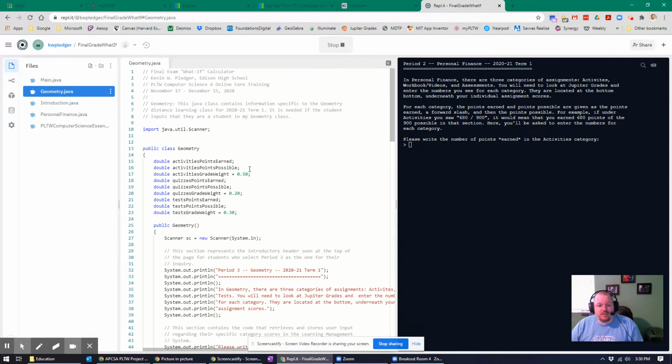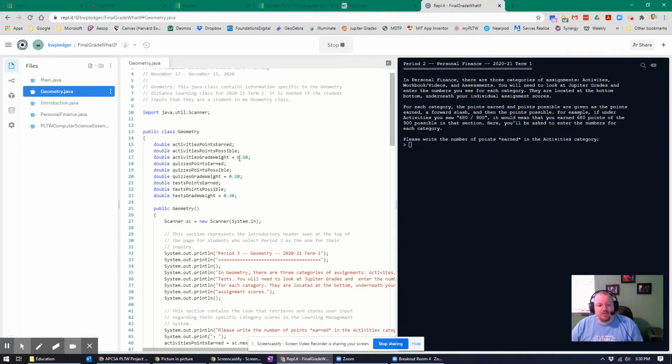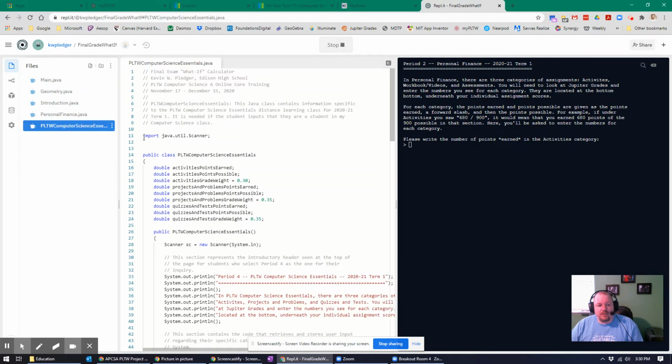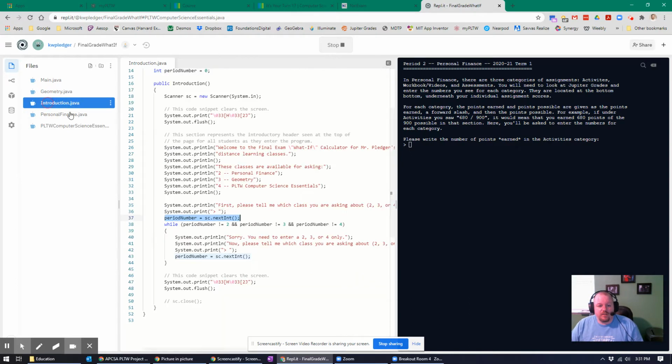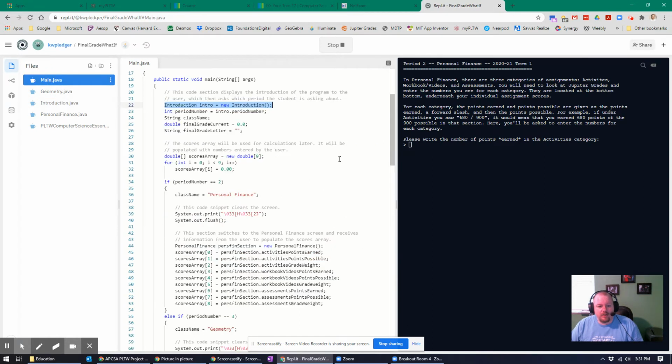In geometry, it's different because it has activities worth 50%, quizzes worth 20%, and tests worth 30%. PLTW Computer Science Essentials has 30% on activities, 35% on projects and problems, 35% on quizzes and tests. So every set is going to be different. But from main,